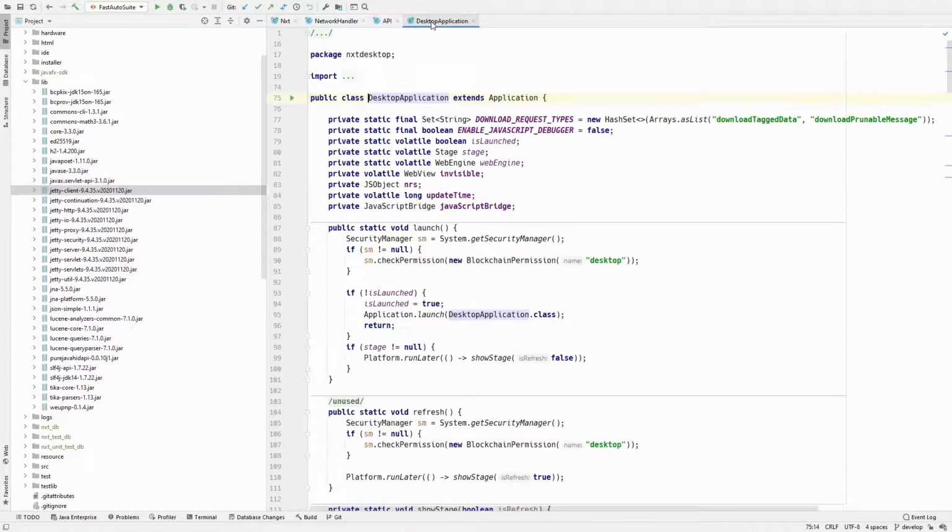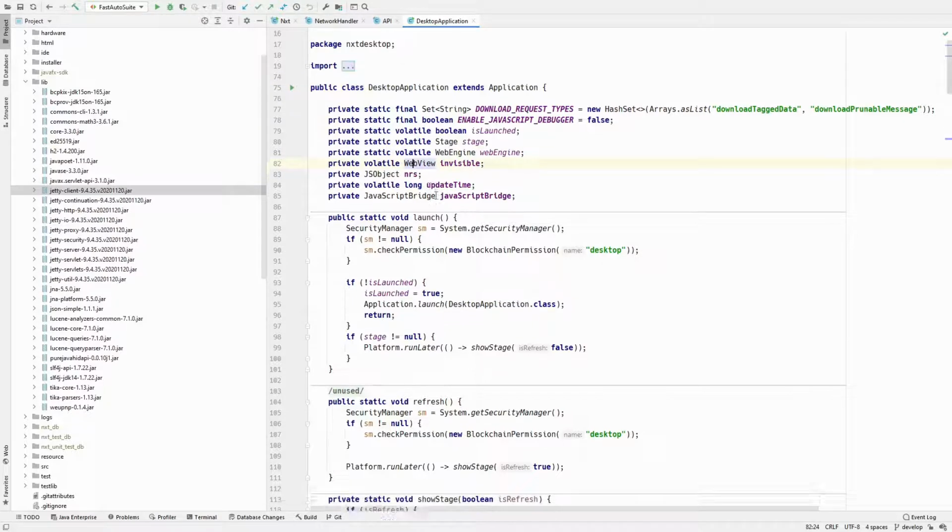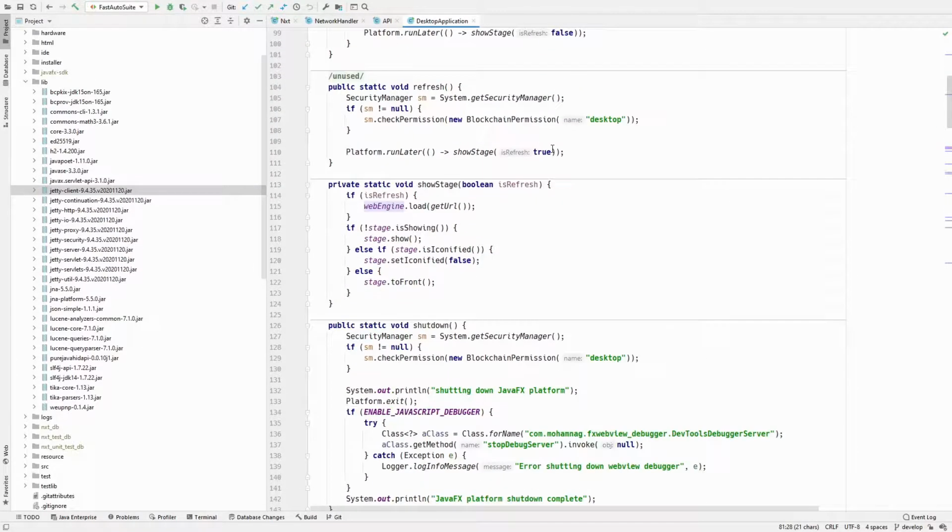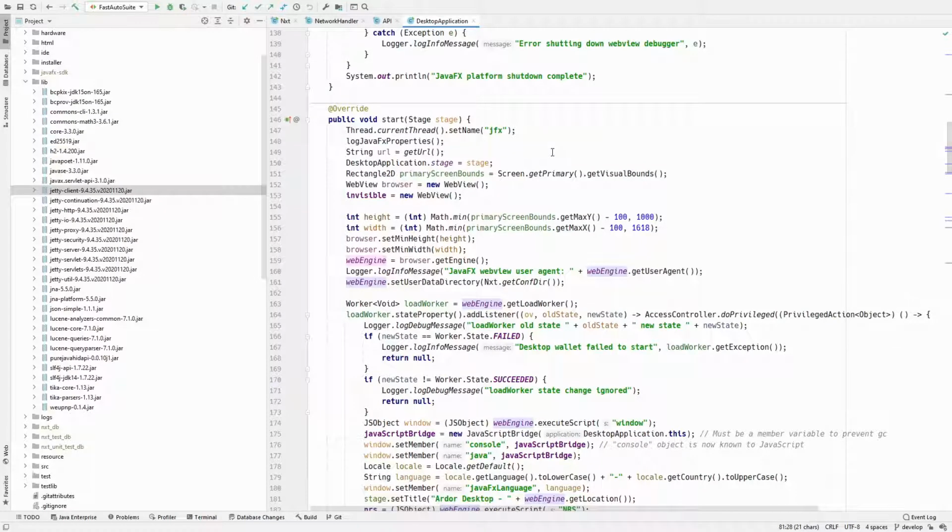Also, as I've said, what we call the desktop version is a JavaFX application that's basically a web view that loads the same HTTP version that you can load on the browser. And finally, you can see here the libraries that are included. Another very important part is the H2 database. So you know it's H2, it's a 100% Java embedded SQL database.